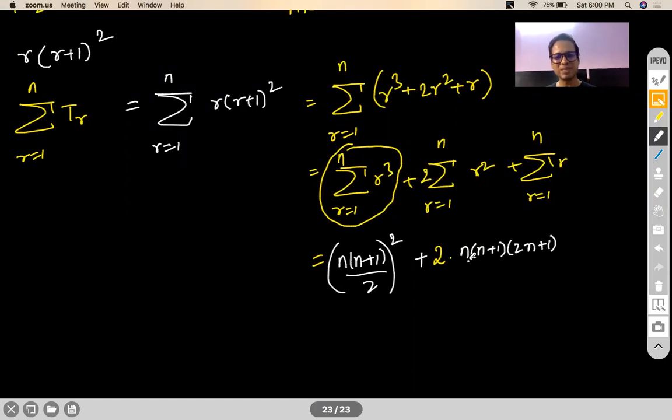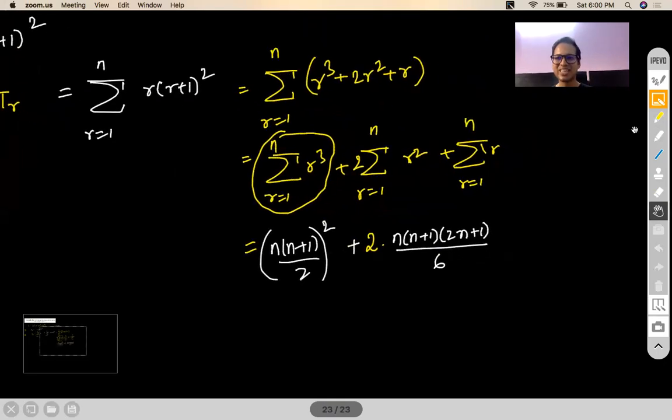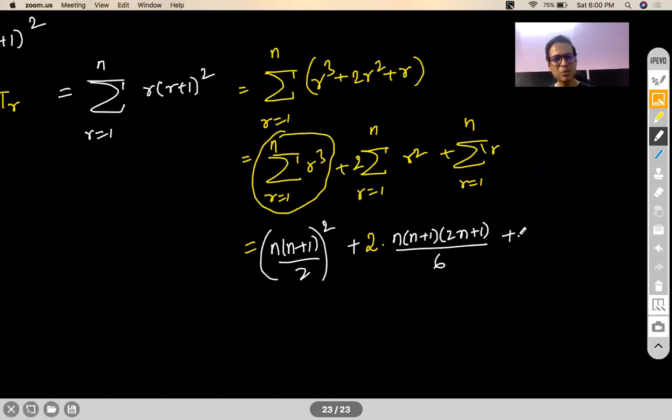So thanks to those special series that we are already aware of, these building blocks. Remember, I called them the building blocks. Summation of r is already known to us, n(n+1)/2. Correct. So this becomes your answer. Now, people ask me, sir, do I have to leave it in this form? Absolutely no. You have to simplify it, but I am not going to do it. Right? Okay. So simplification is your task. You definitely do it when you're doing it in the exam.